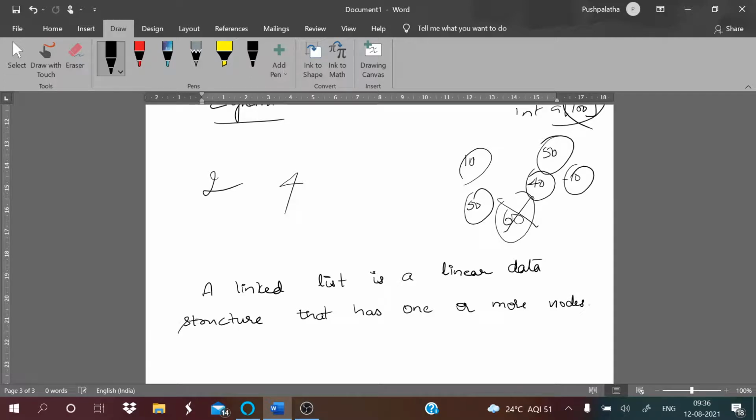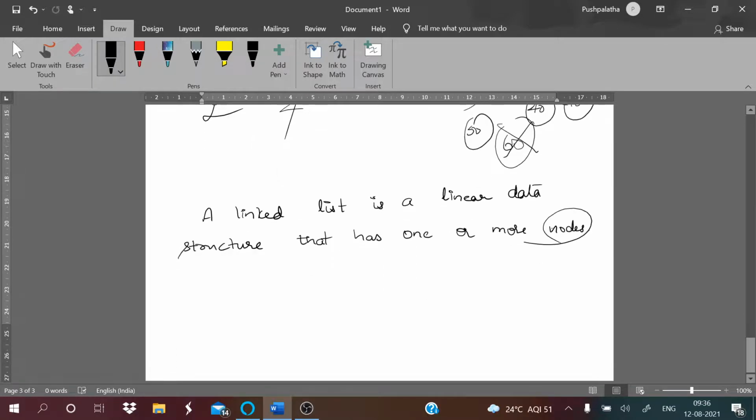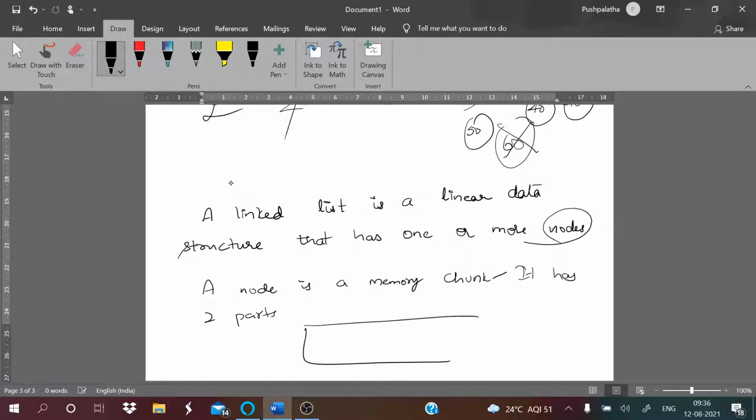Here we call the storage space nodes. A linked list contains a set of nodes. So what is a node? A node is a memory piece, we call it a memory chunk, and it will have 2 parts. So if this is your node, it is divided into 2 parts.